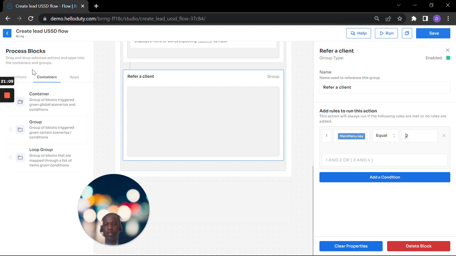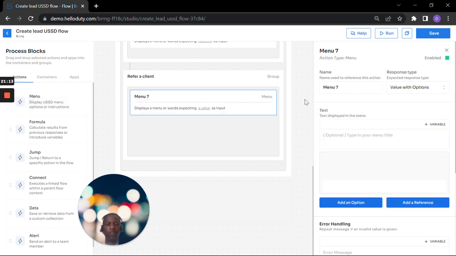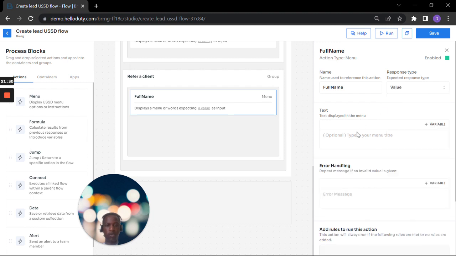So I'll go ahead and begin to add in the fields within the refer a client group block. And so I'll start by adding a menu block. So the first thing that we'll be collecting for the client being referred will be their first name, or we can just collect the full names together. So full name. And for that, we'll be expecting a value. I'll go ahead and enter the leads, or enter their